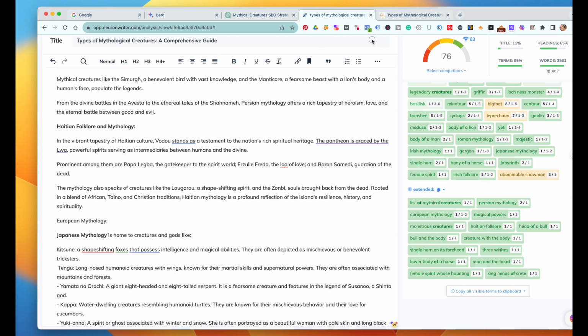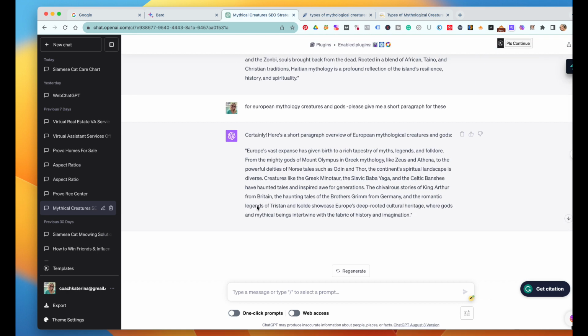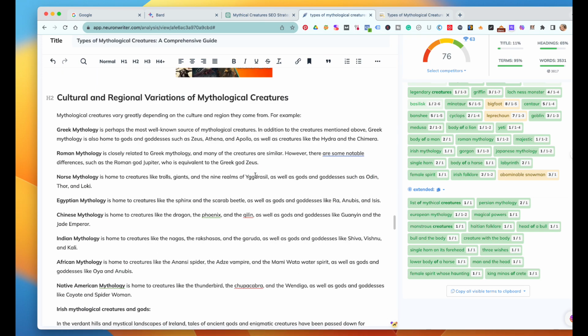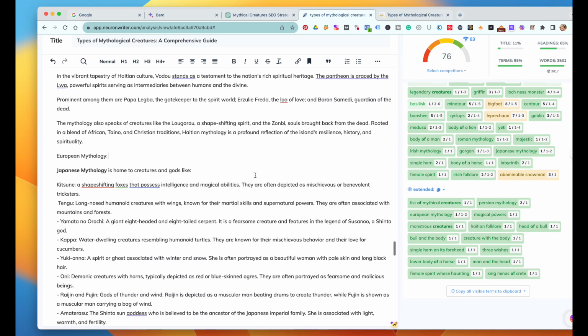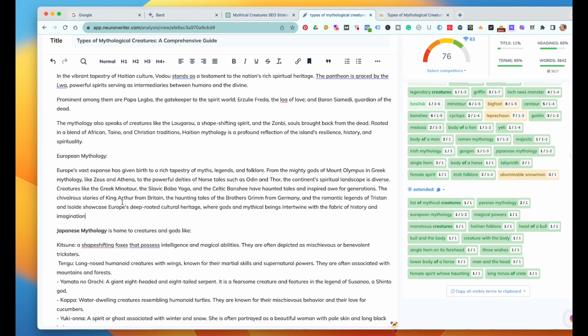And let's go back to ChatGPT and get the short paragraph for that. Oh, yeah, they put the, I really wanted the English and German. I think we're going to take out some of this. So we'll copy it over because I'm sure we have Greek. Yeah, we have Greek and Roman. So let's take this here, copy this, and then